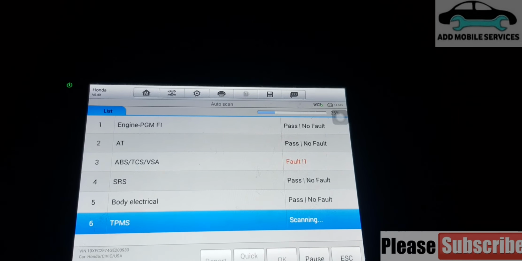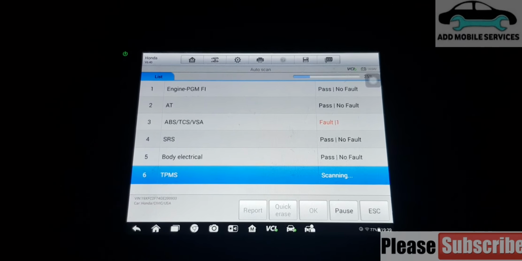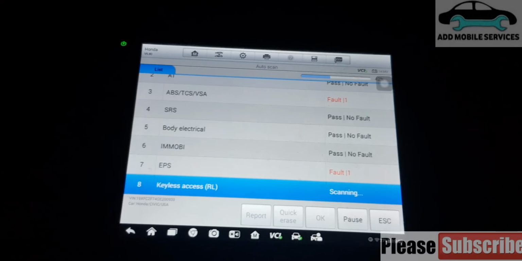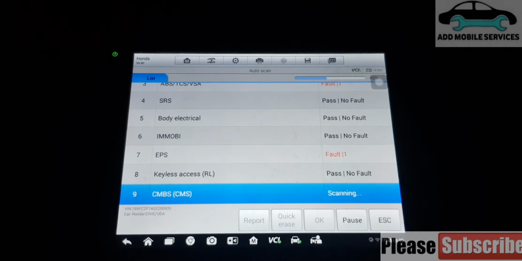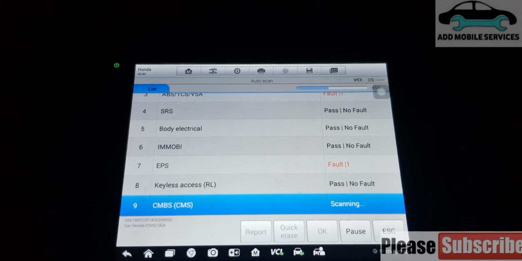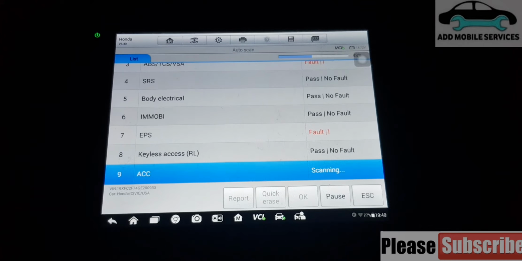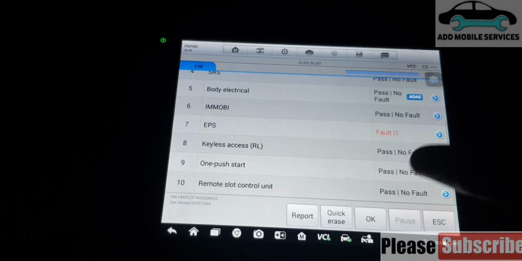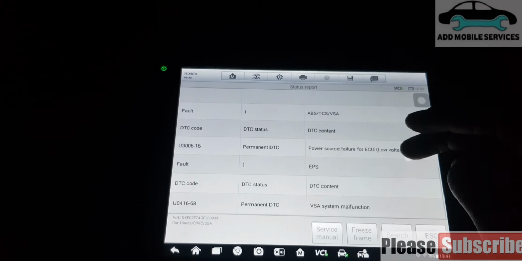And I think the fault code that it recorded will be because of the low battery. Yeah, so I'll go to quick report, check the report and see the fault code.